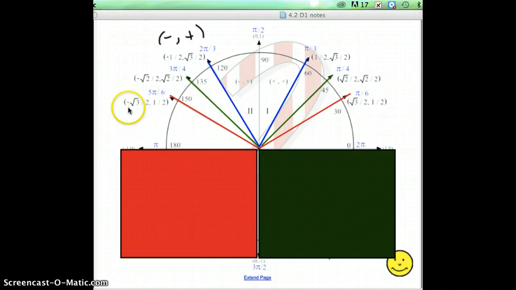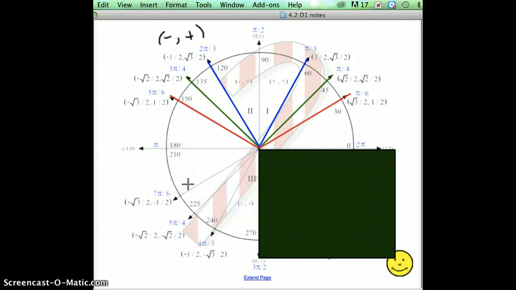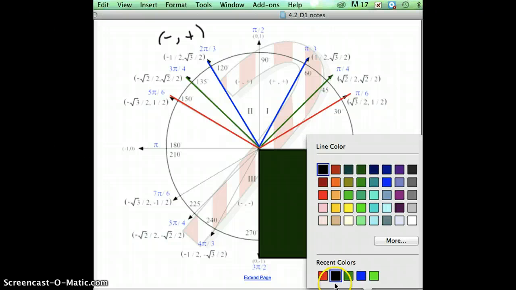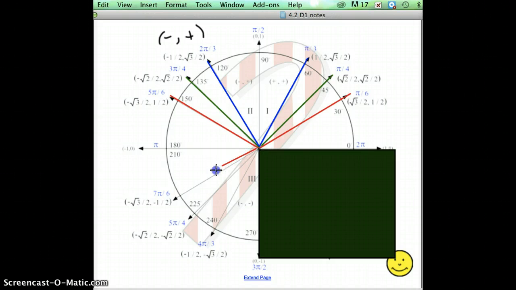Okay, so picking up where I left off. Now we're going to take and reflect over the x-axis. So I'm going to uncover this. And now, if you reflect, here, I'm going to get my color going. If we were to reflect 5 pi over 6 over the x-axis, then that would reflect to right here. So if you look at those, you got square root of 3 over 2 and 1/2,